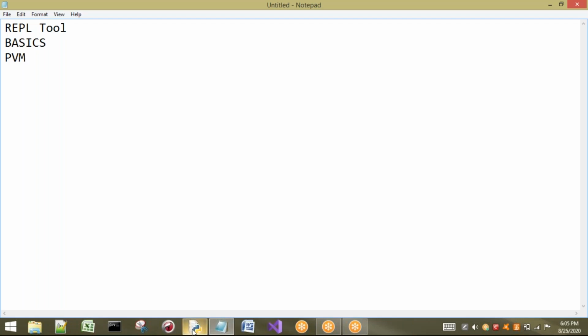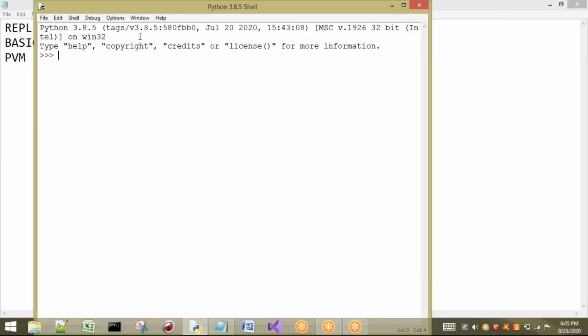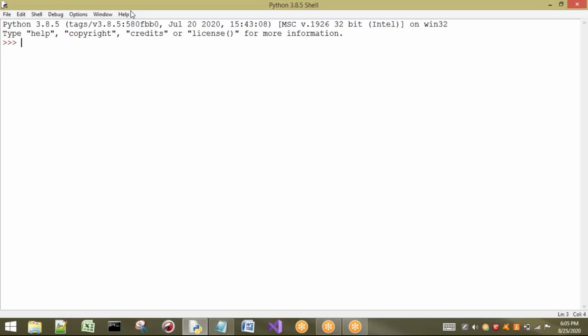If you consider our Python shell, the shell is called a Python shell, or we can call it the Python interactive shell. Here we are going to use a tool called the Ripple tool by default. Why we are calling it a Ripple tool, I will execute a few statements so that we can understand why this interactive shell is called a Ripple tool.